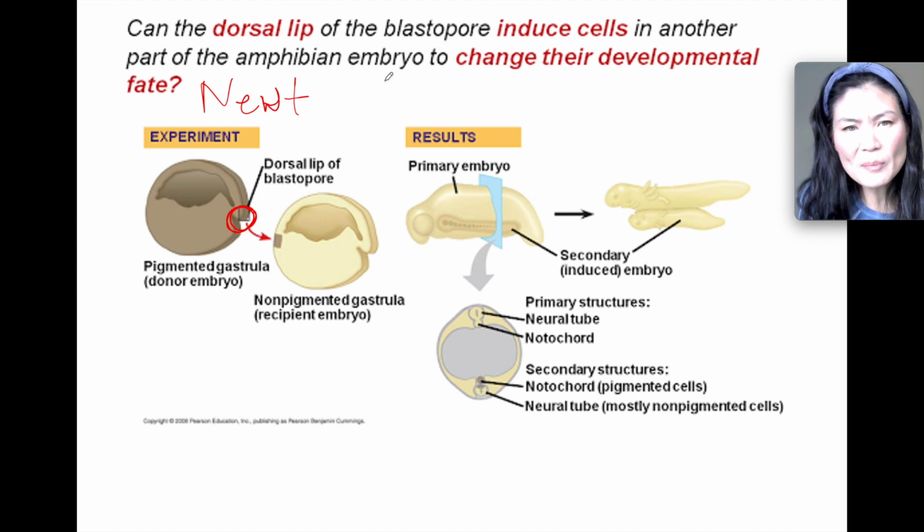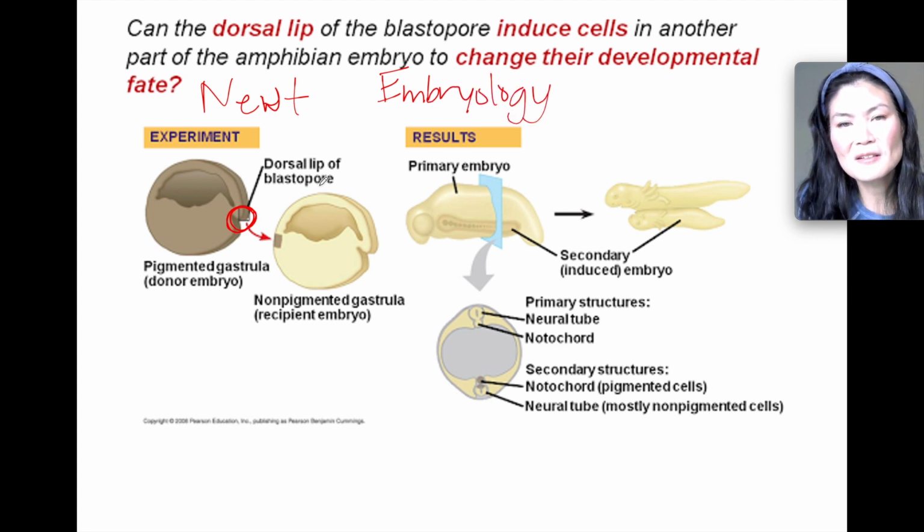By the way, this is all a part of embryology. And I took an embryology course back when I was in college, and to be honest, it was very complicated. There was so much going on in the development of animals. Like, we had to memorize the development of fruit flies, frogs, humans, chickens.